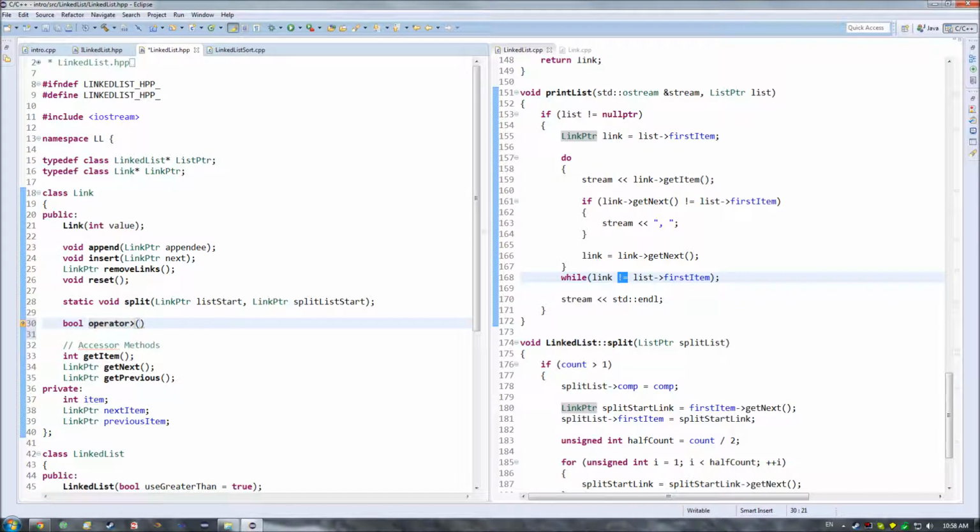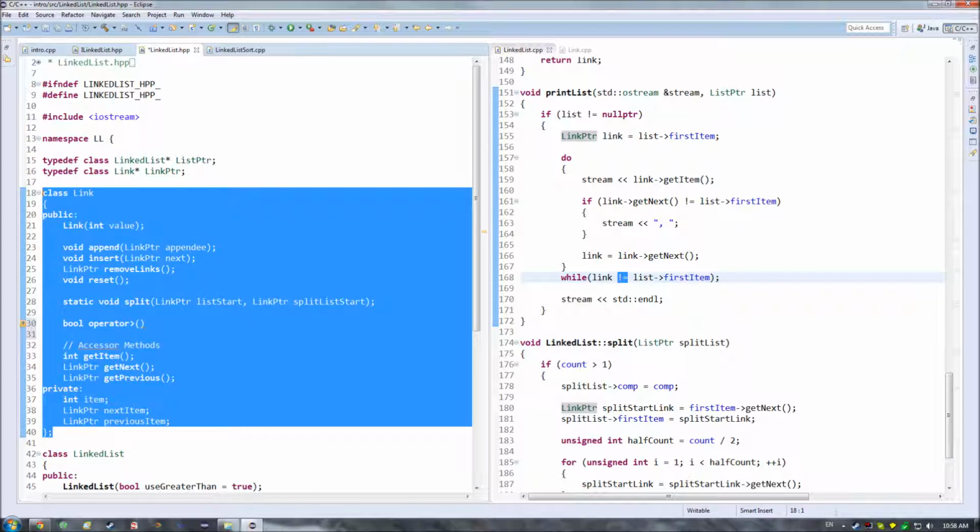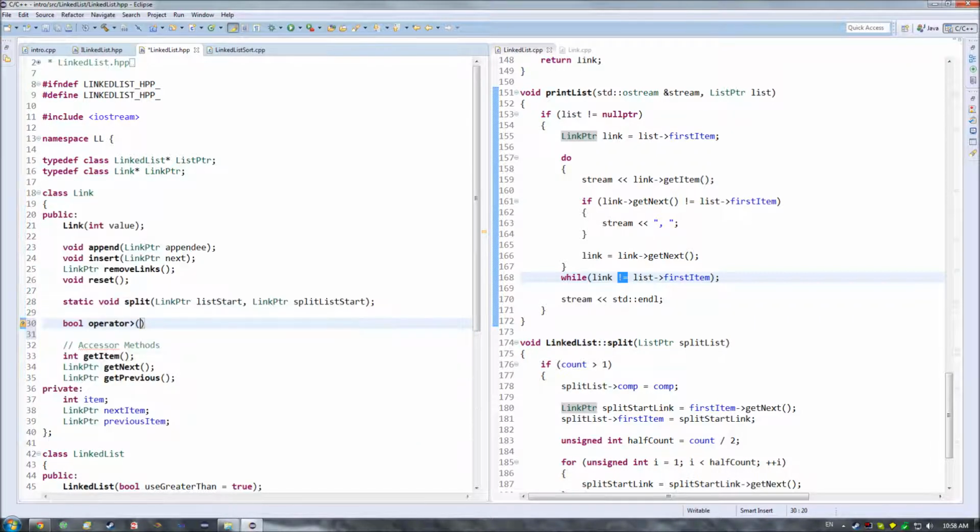And then, it's important to remember that we are within the context of a specific instance of this class, so we only need whatever link we're comparing to. So we'll just take in a link, and for a bit of sanity's sake, for some of the changes we're going to have to make in the near future to this, so that this is a bit cleaner, because otherwise these operators can work well with pointers, but at the same time,